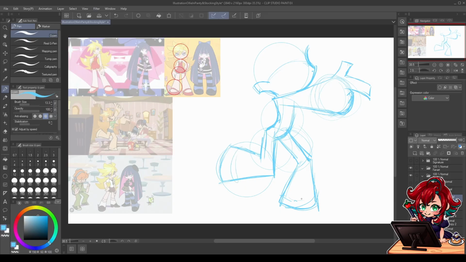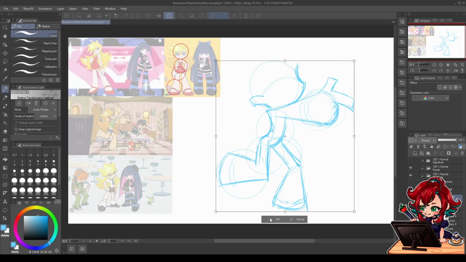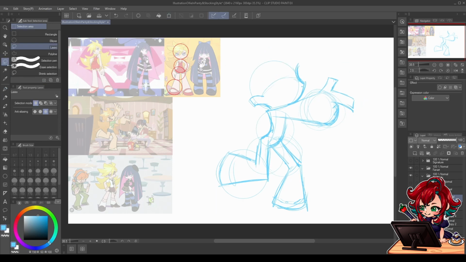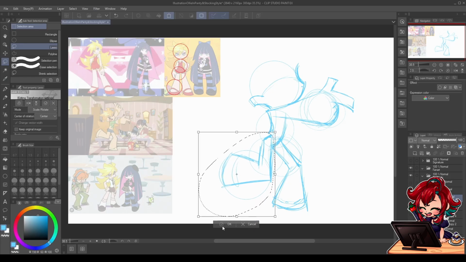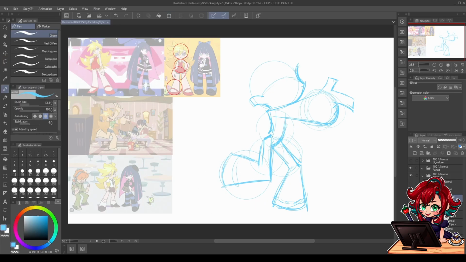Okay, so I got the basic pose, and I think it kind of looks similar to this style. So as long as I kind of understand that, it's fine. I actually think I can move this leg a bit inwards like this, and since I've done that, now I need to move this line a bit outside. Okay,